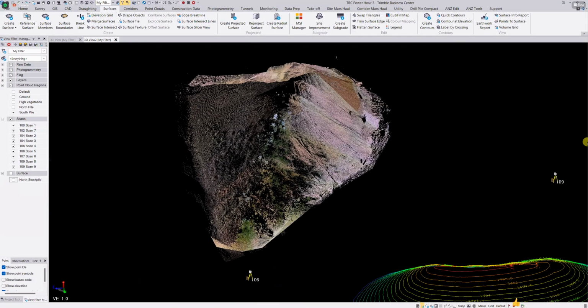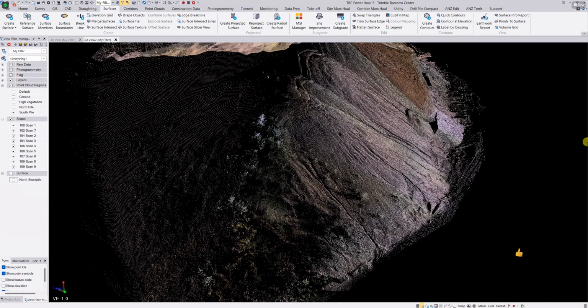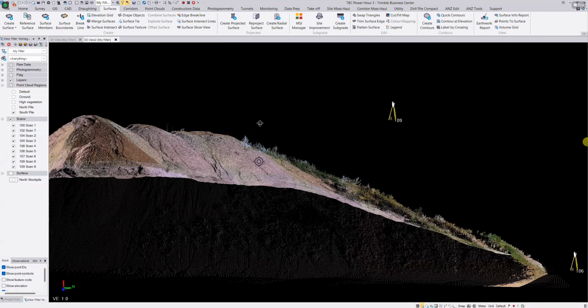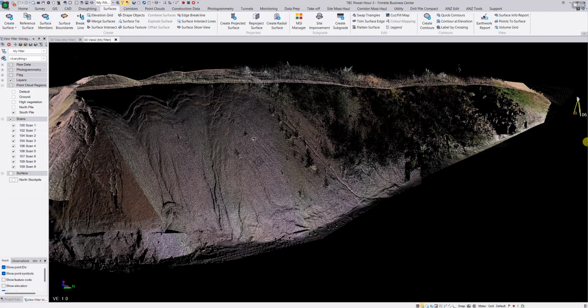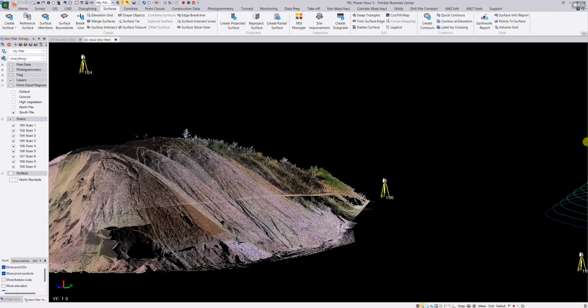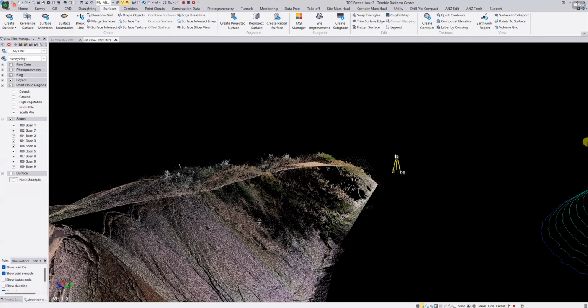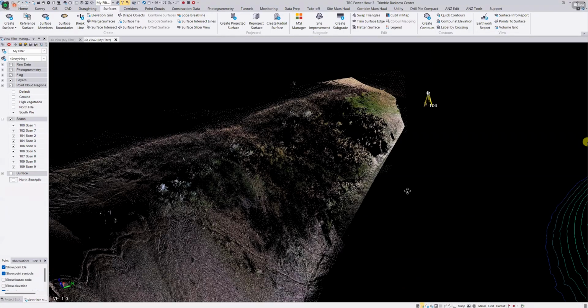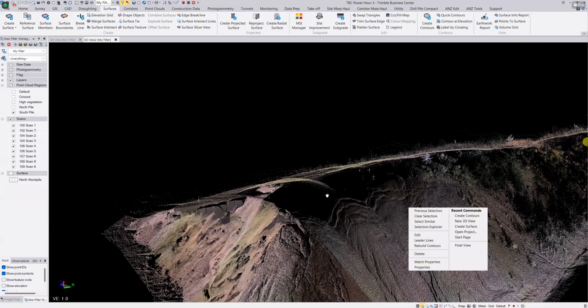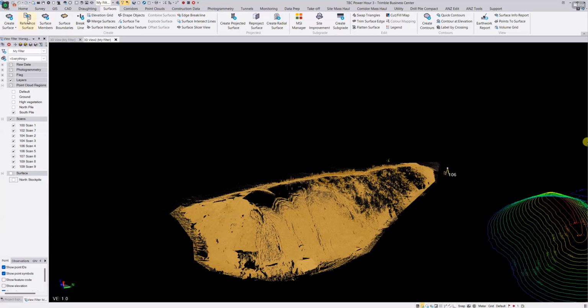Next stockpile, as you can see, we have quite a bit of vegetation that's grown on this one side of the stockpile. And cleaning this up, you can do by the manual way that I showed you to actually highlight those points and to remove them from your surface. I'll quickly show you a bit easier way to manipulate them. So let's quickly zoom out, go into